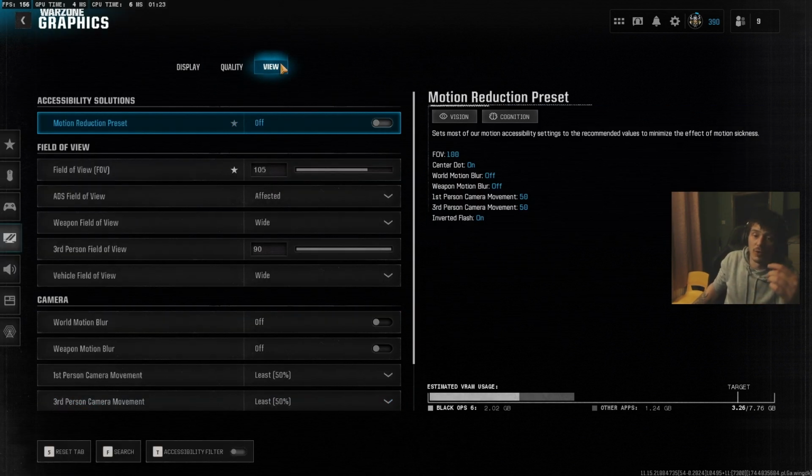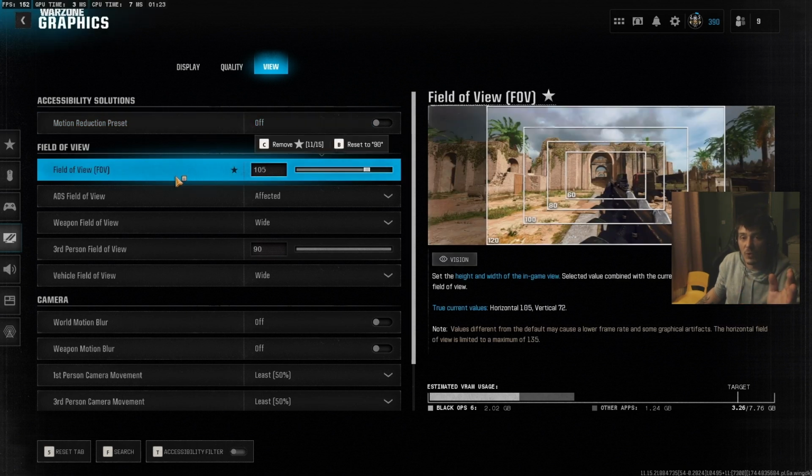Okay, on to view we go. Now, okay, so I have my field of view at 105. A lot of people I know want to play at 120 because you get the most range possible, etc. Now let me explain why I play at 105. Obviously, 120 gives you the wider spread, like we just said, but at 105 I like to have my hitboxes a